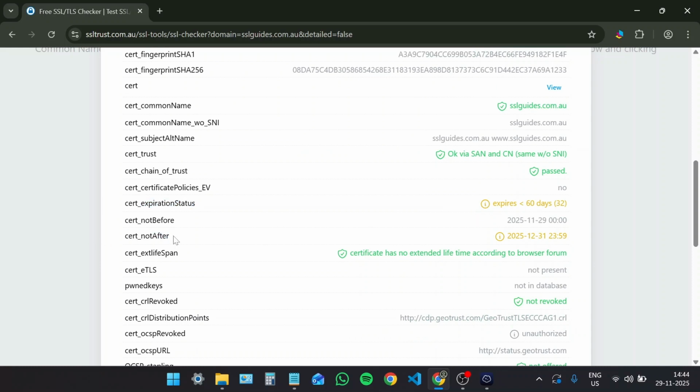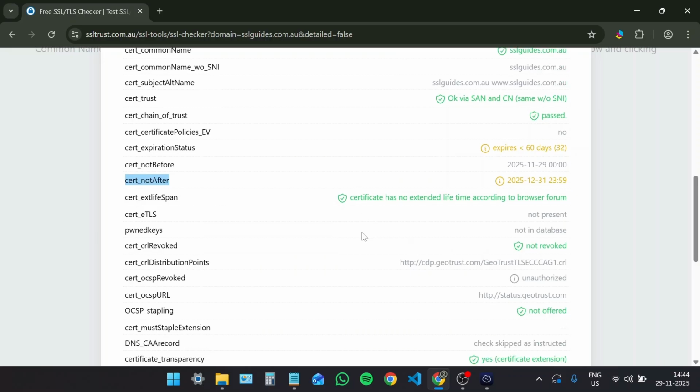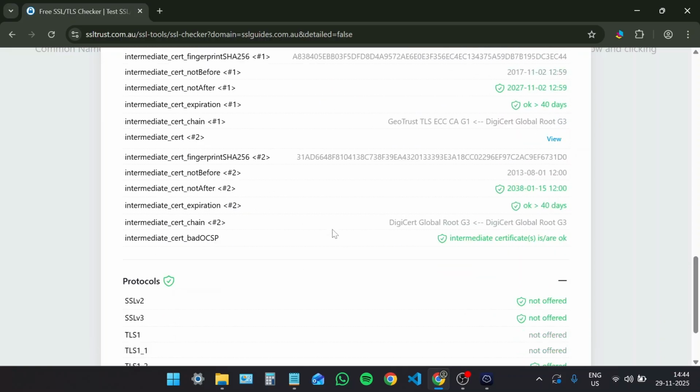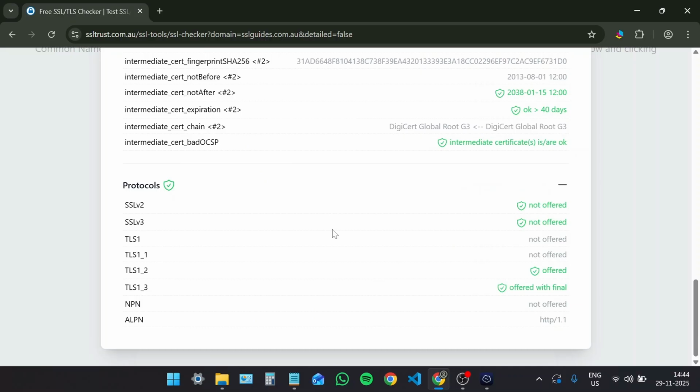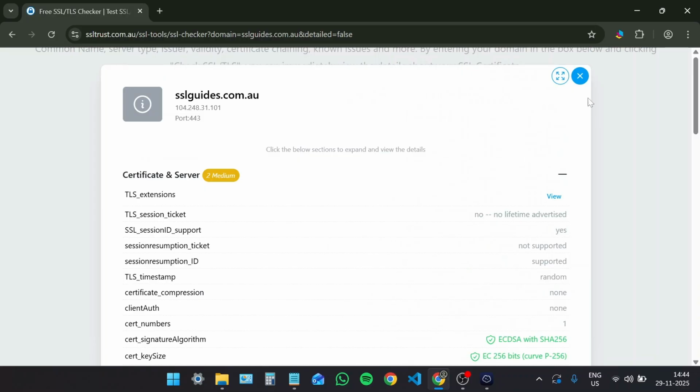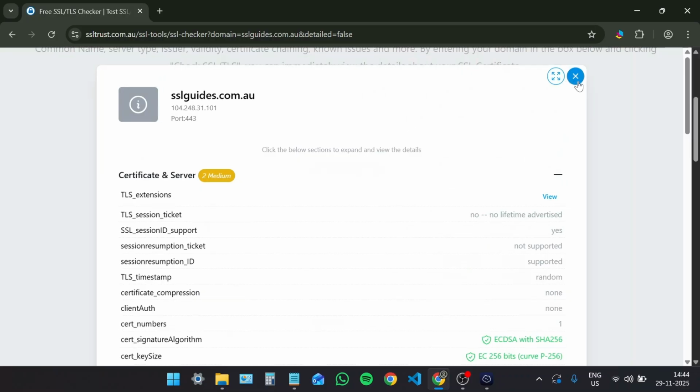And the same goes for this parameter. So this is not a problem since we're using ACME. Let's check the protocols, and everything looks good. So you can just use this tool as a reference to check your SSL certificate and just check the basic stuff. Close this up,